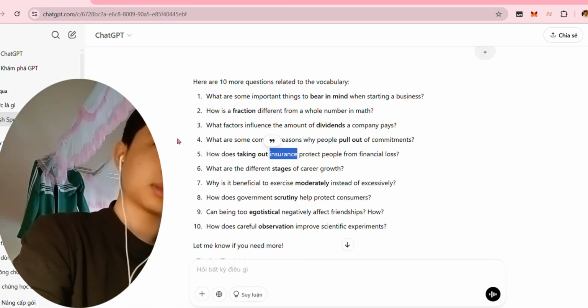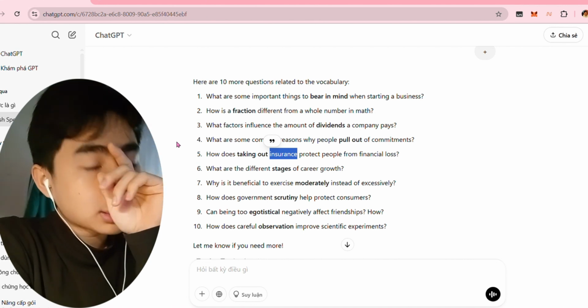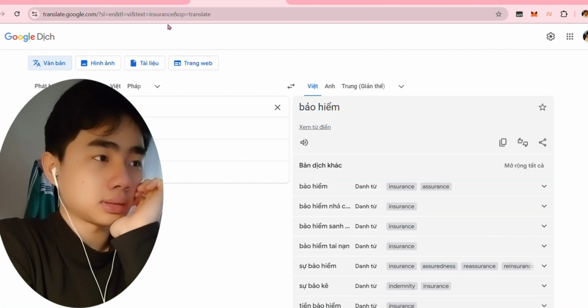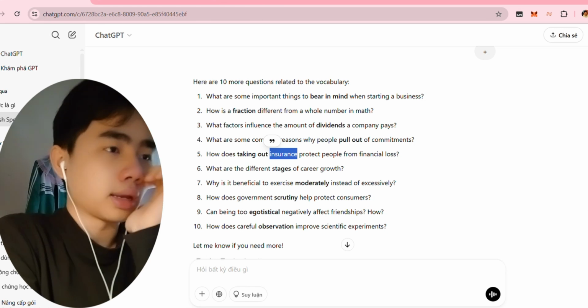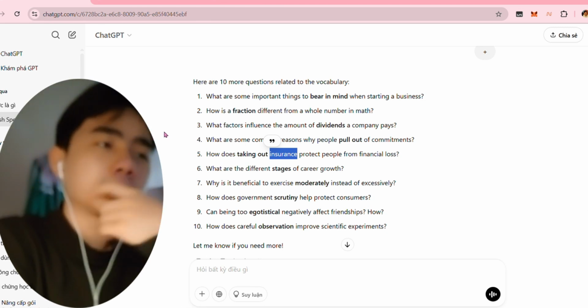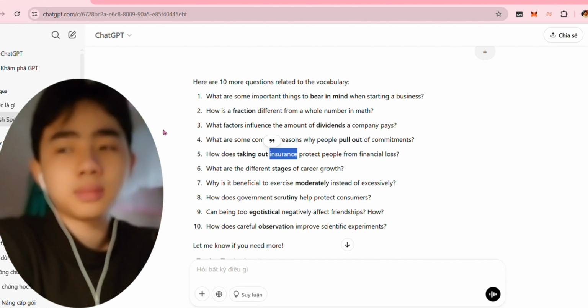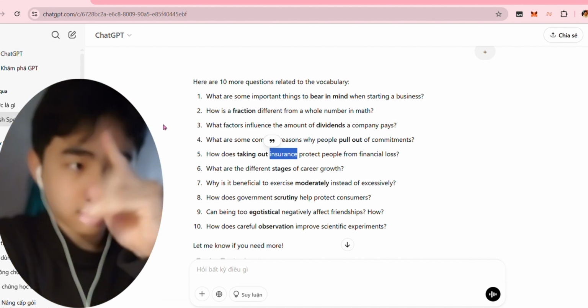Okay, how to take out insurance, protect people from financial loss. Take out insurance. When you're involved in insurance, you have to pay a lot of money per month for things that you can't be sure you will get back. So insurance will